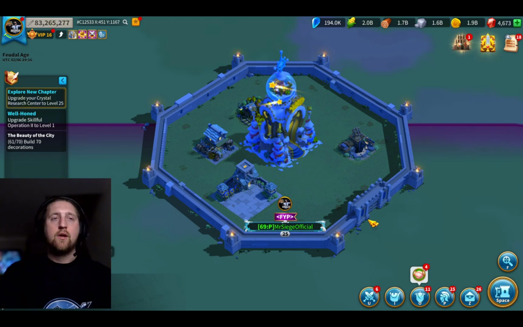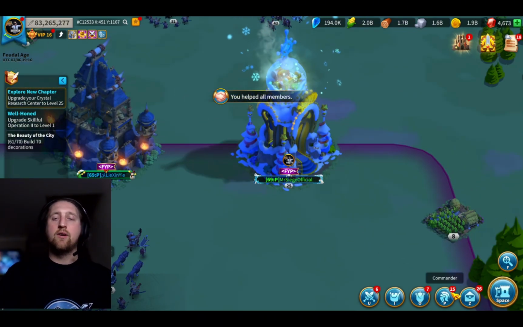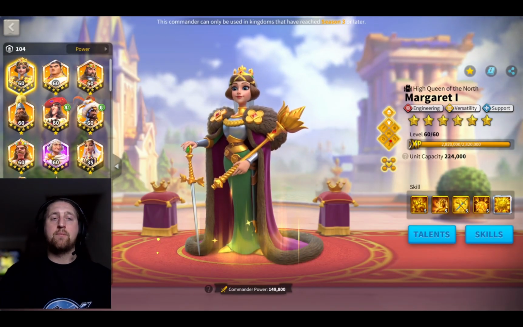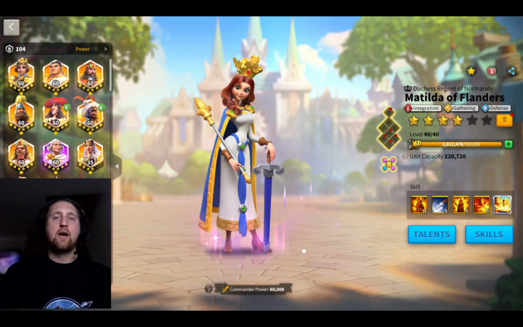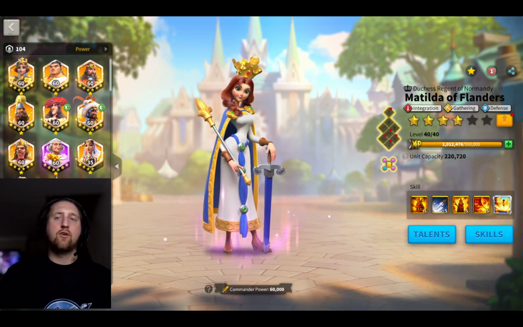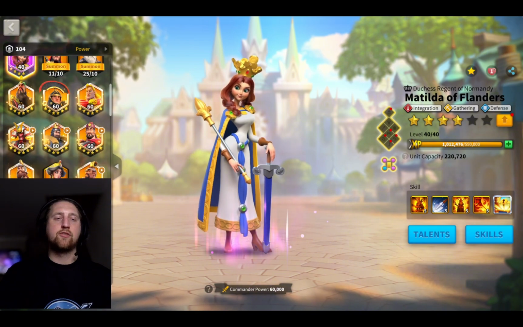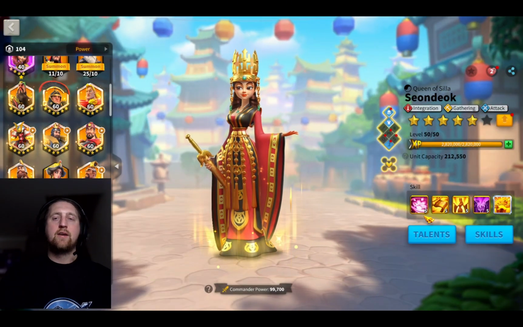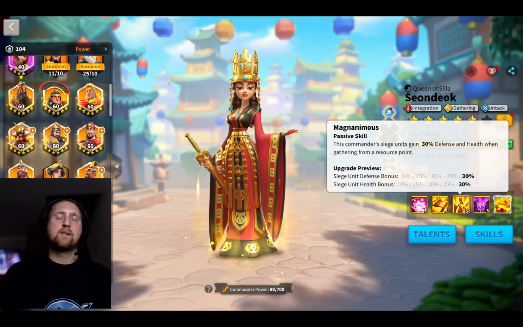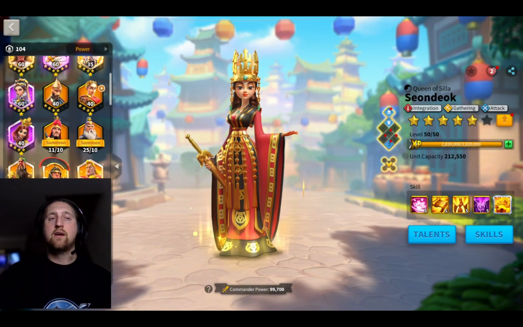So first of all, what is Siege? Now, you've obviously seen commanders, and if you've just started the game, you're going to get Siege commanders, and they will generally be gathering commanders. You've got your Matilda of Flanders, you'll have commanders like Cleopatra and Joan of Arc. Now, yes, they are technically Siege commanders, gathering commanders, but in terms of fighting in KVK, you're going to want